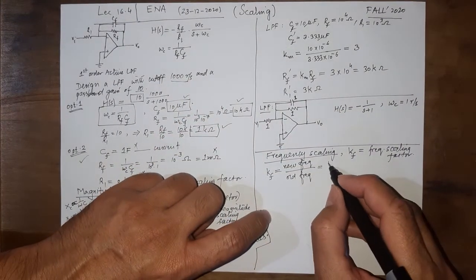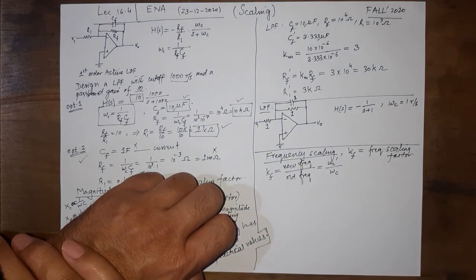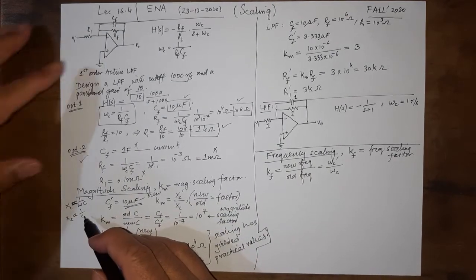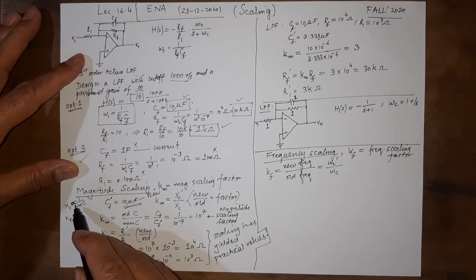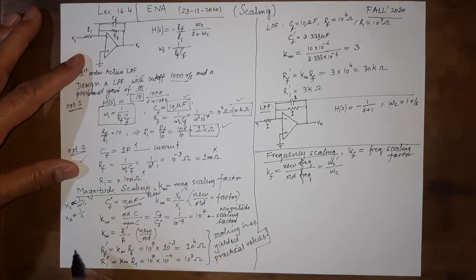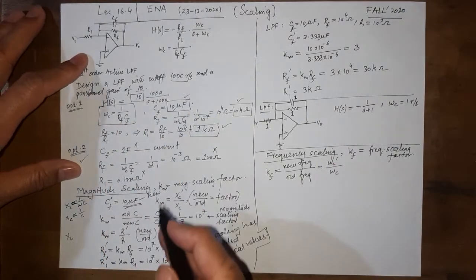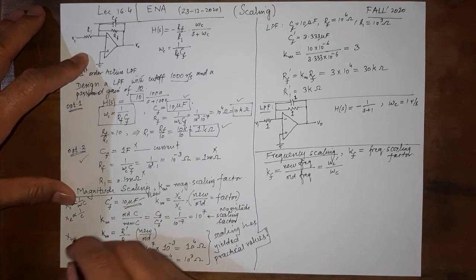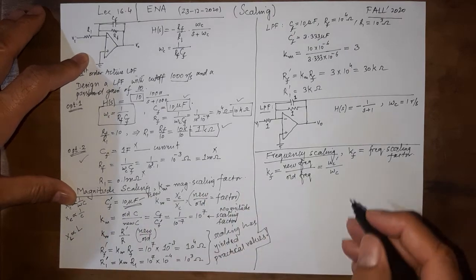So frequency scaling is the new frequency we require divided by the current frequency we have. And then you should know that while here it was important to tell that the capacitive reactance is inversely proportional to the capacitance, and the inductive reactance, although we have not covered inductances in active filters, but if we have a passive filter, scaling also works there. But in that case, you should remember that XL is proportional to L.